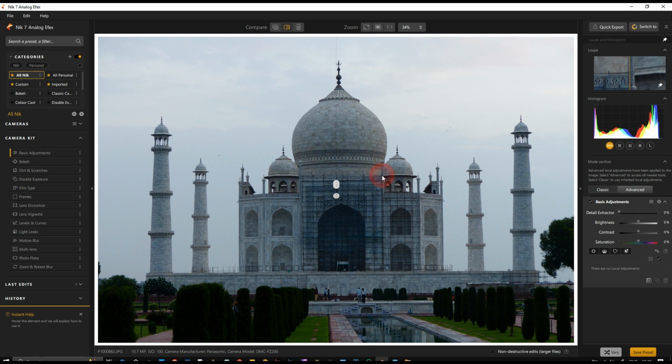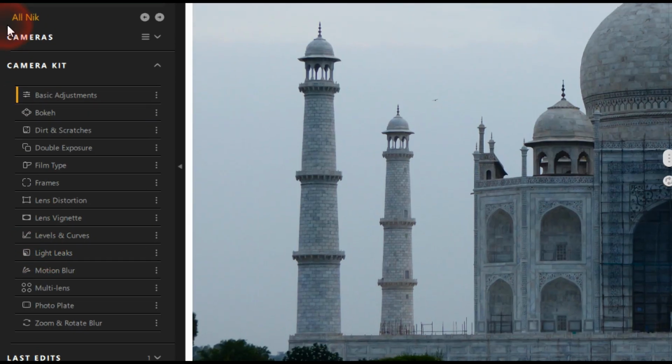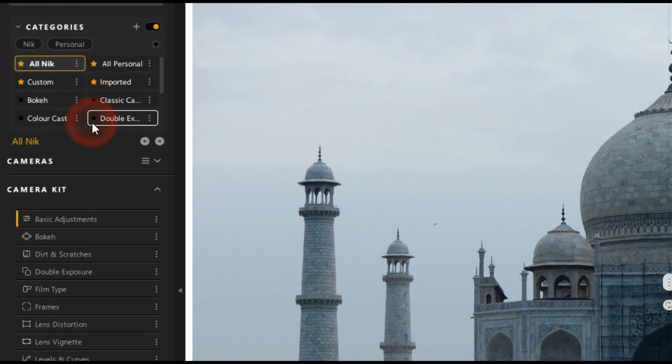Now, similarities, as I said, they all provide you the film look that you're looking for. But it kind of stops there, because as you can see in Nik Collection currently, when you're looking for the film look, let's say you want Kodak Portra, or any other film stock, Ilford or Fuji, you don't necessarily have the choice. You have this camera kit, for example, and then you have these categories, or let's say a set of looks that you're looking for. If we go to the classic camera,